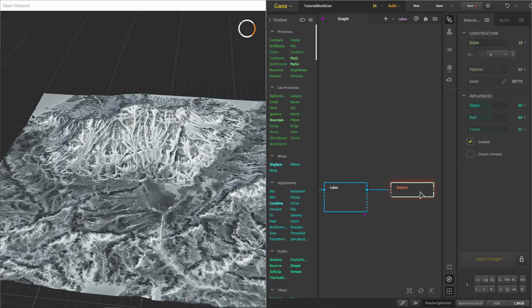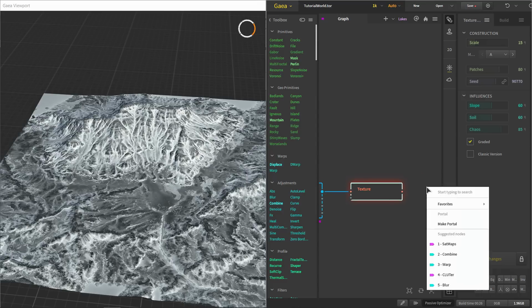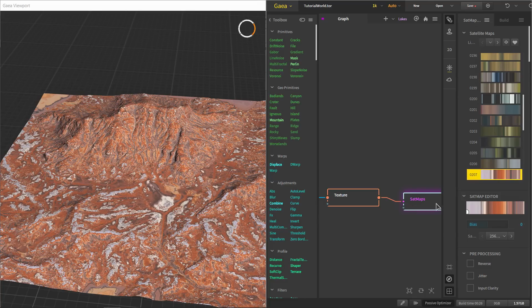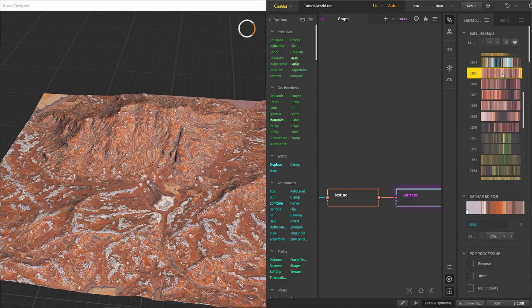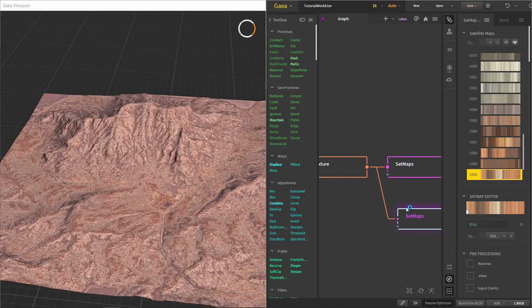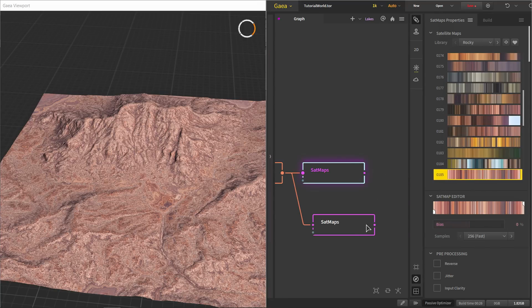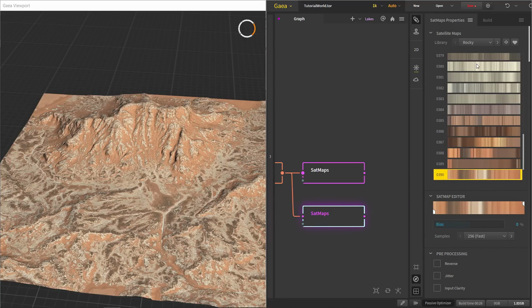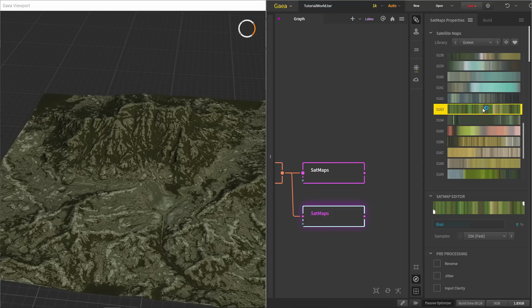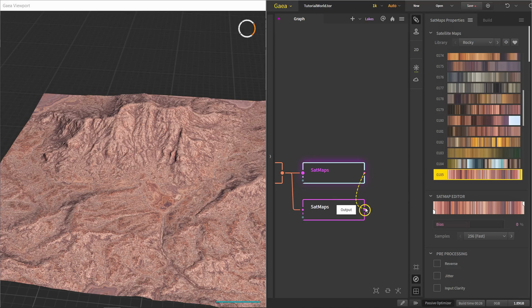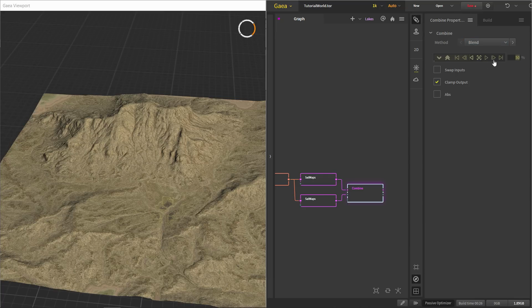So the texture calculates a texture based on the soil and the slopes. So it's more of a natural color variation. That's why we are using this to drive the colors in our landscape. Then we use set map and use a rocky color, maybe something like this. And another set map. The first set map is in our rocky library, and second will be for our vegetation. We are not doing a complex texture setup, so let's use something like this, and then we'll combine these two, and we are using 100% blend.